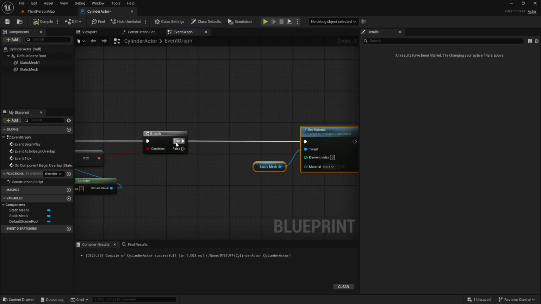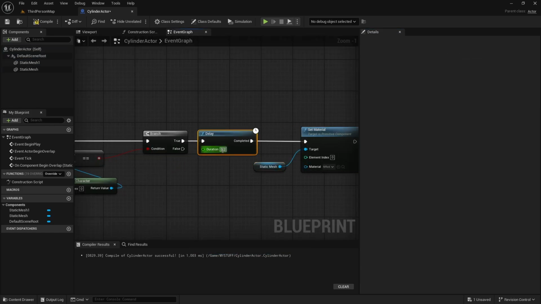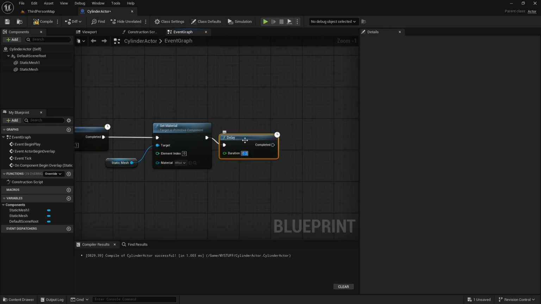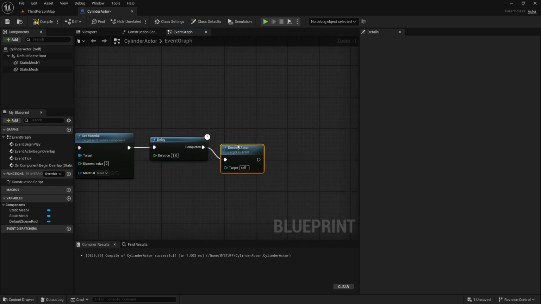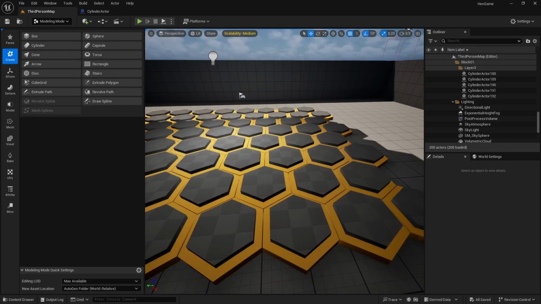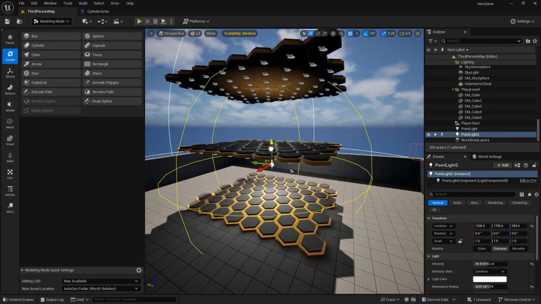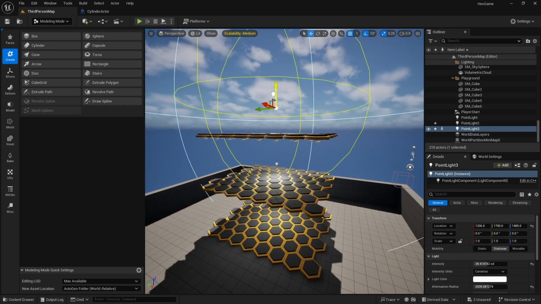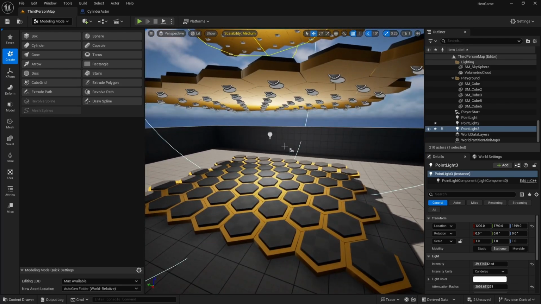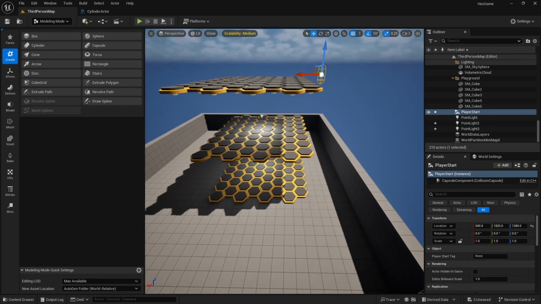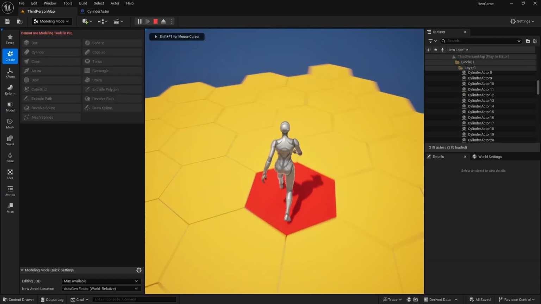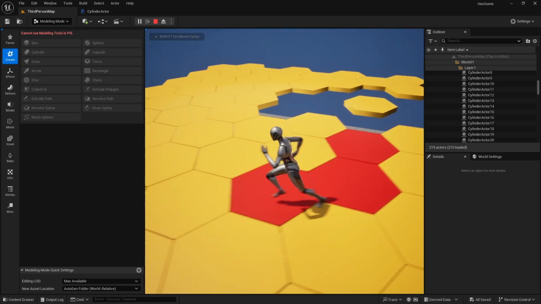Just to make it feel a bit better, I'm going to add a quick delay before the hexagon turns red after detecting the player. And after a bit longer, I want the entire actor to be destroyed so that the player can fall through. Let's quickly move the player start up here so we can give it a test. As you can see, now the tiles get destroyed after the player walks on them, and you can fall down